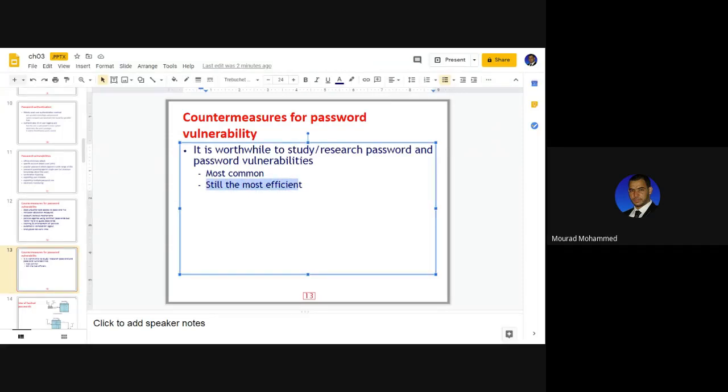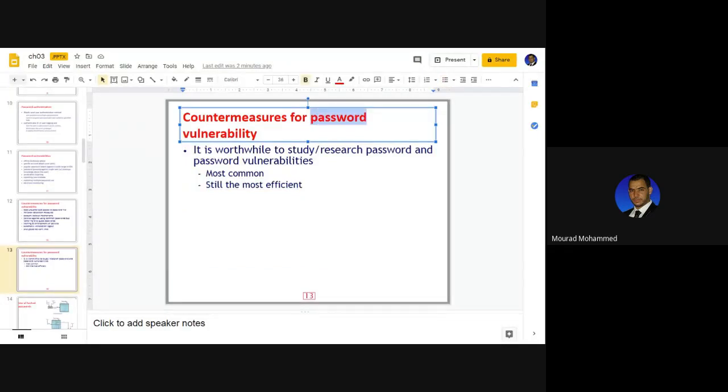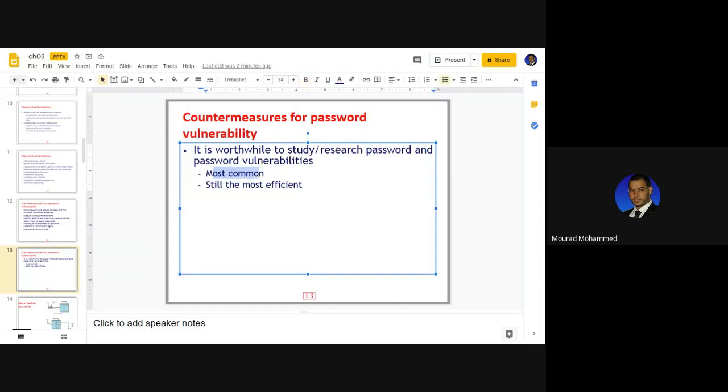Why? Because as I told you earlier, it is a context of budget. It is a context of knowledge from both sides. Everybody can utilize the system to authenticate themselves using a username and password, but not everybody can utilize a smart card or an electronic radio-based smart card to authenticate. Those are dedicated systems and dedicated users. Thus, these weak password-based authentication systems are still persistent and very commonly used, with this long list of vulnerabilities.